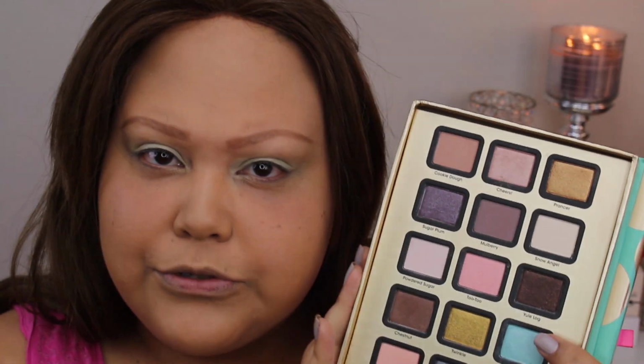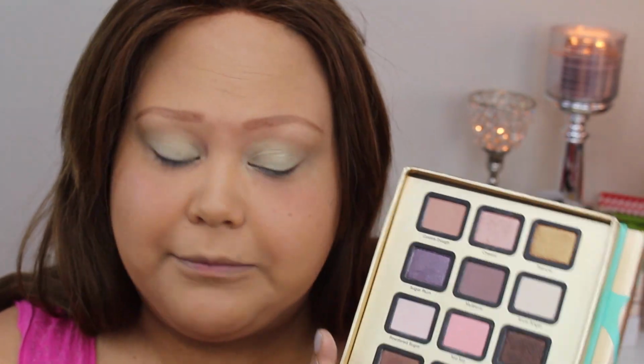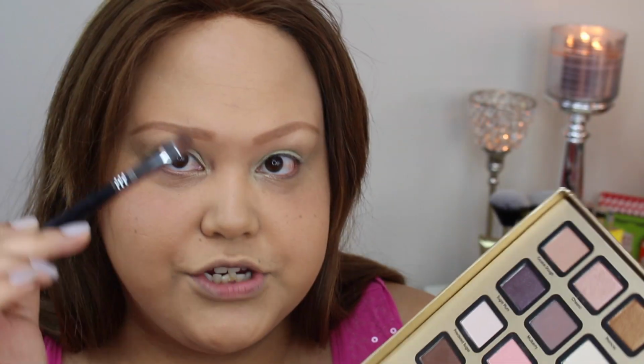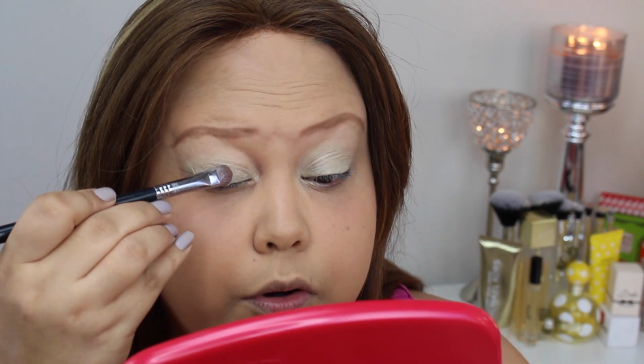I was very prone to use the one from the Stila palette, The Eyes Are the Windows, but that color is just such a disappointment that I'm going to be using this one instead. I'm going to grab a shader brush and I'm going to grab Joy, pack on the color and then dust off the excess, and then I'm going to go over